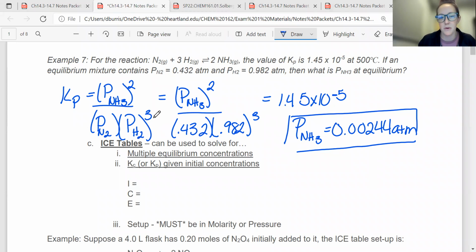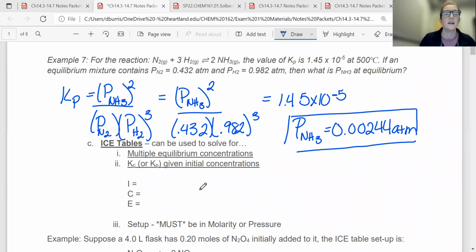So here, if you set this up correctly, remember you can use pressures instead of concentrations, exactly the same. Set it equal to Kp and then solve, you should get 0.00244. Now, if you did not get this number, make sure that you square rooted to get the variable in here. Okay, so let me know if you need help with that, but you should be able to do those ones